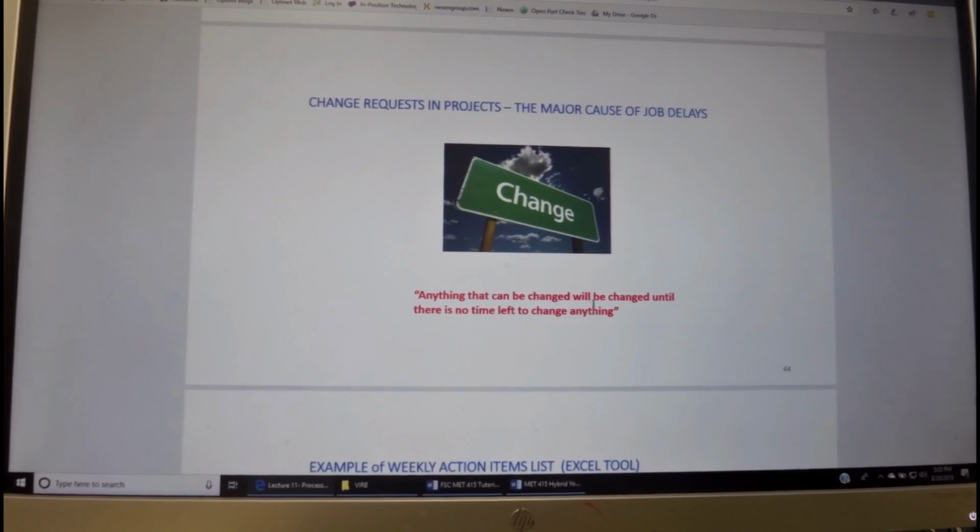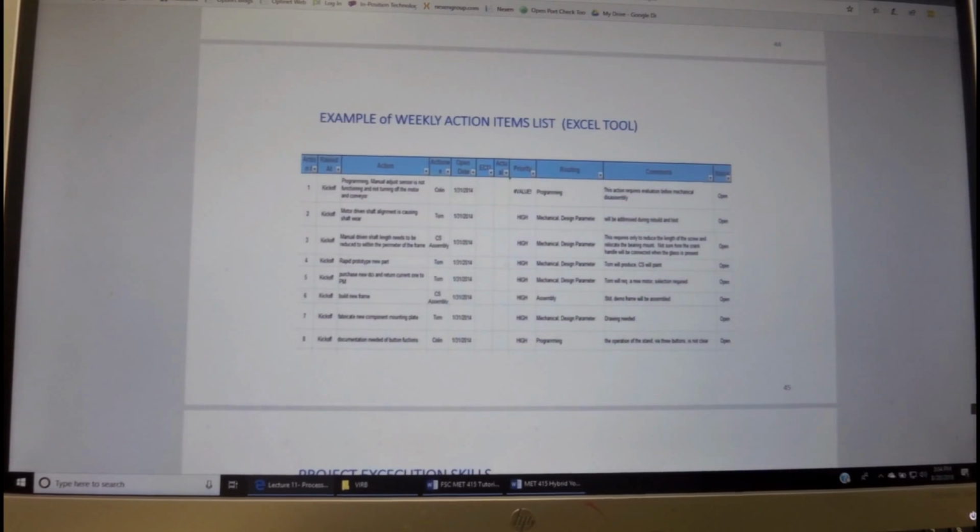The changes in the project are the major cause of job delays. Anything that can be changed will be changed until there's no more time left in the project to make any more changes. Here's an example of a weekly action item list. Using an Excel tool, you see the action item number, and this is the phase which was initiated at kickoff, and these are the actions required. For example, rapid prototype part.